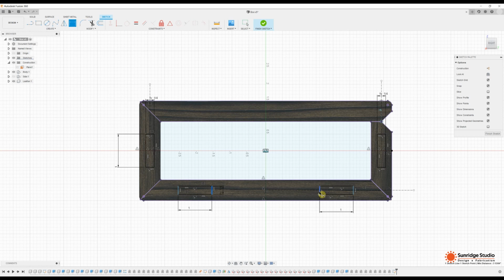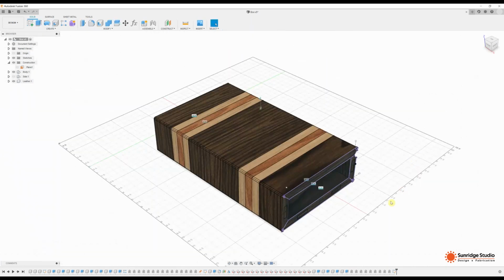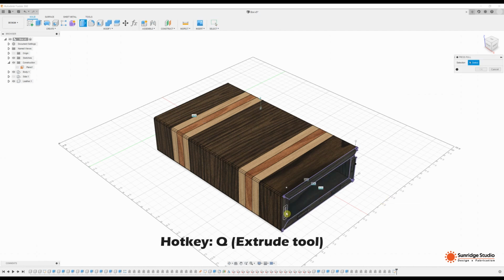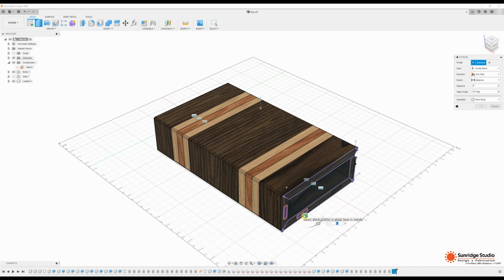So for the distance between the two mortises at the bottom, let's try 2.5 inch. Looks okay. So let's finish our sketch and do some 3D work. Use the Extrude tool to extrude mortises,